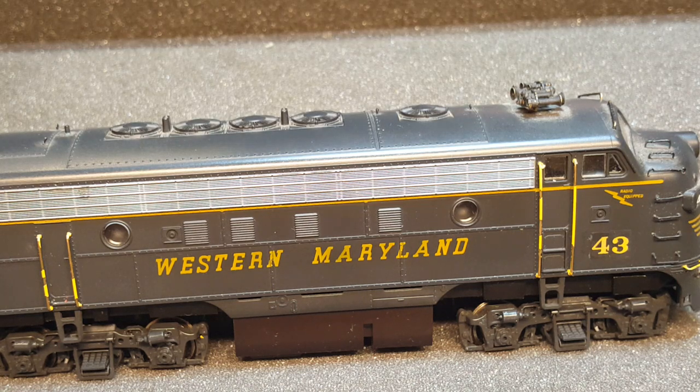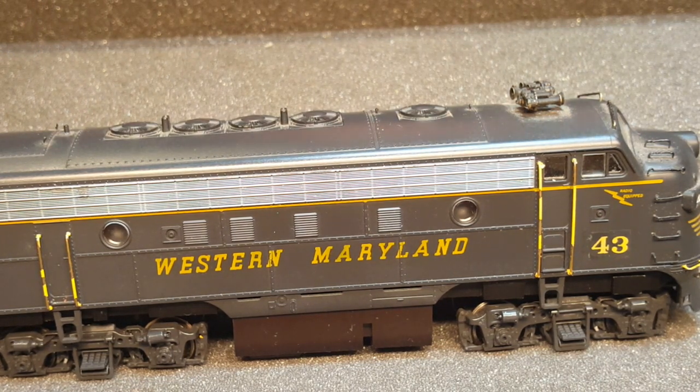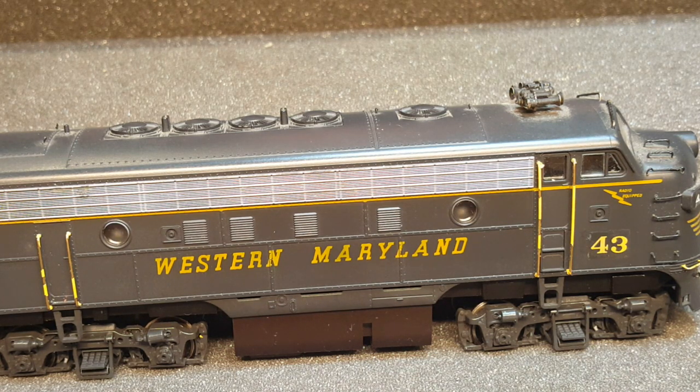I've been having a little trouble with this locomotive, and I think I have finally figured out what it is. Actually, I've done 4 of these. These are F units. I've installed 4 decoders, 3 in FA units, and 1 in an FB unit. And the trouble I've been having is